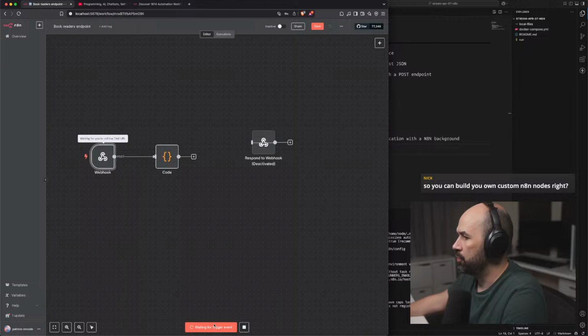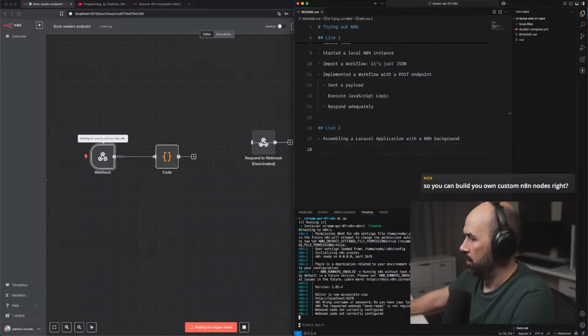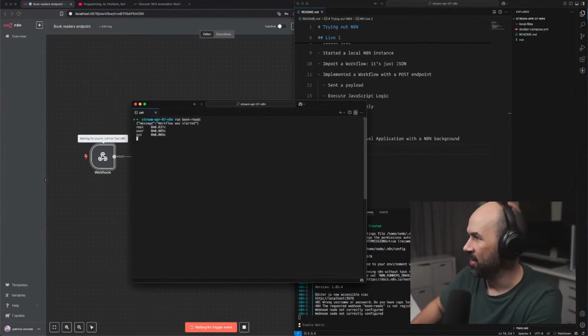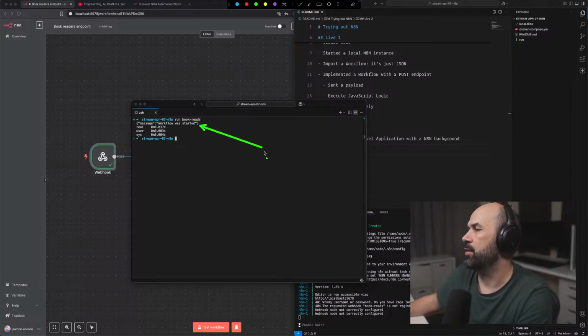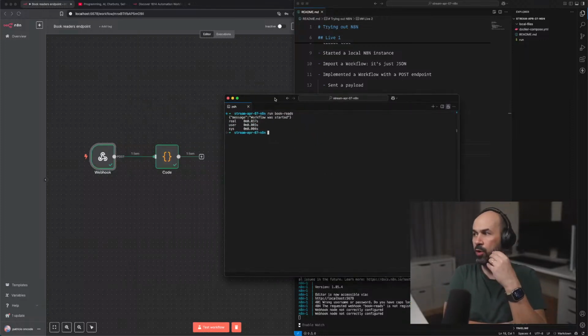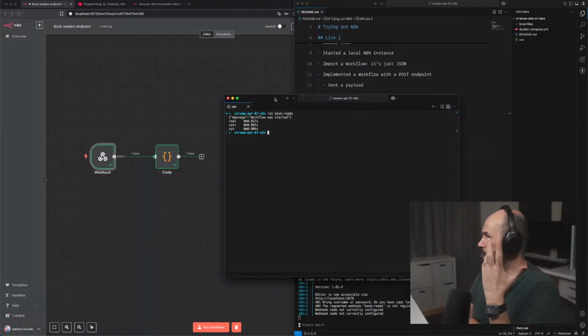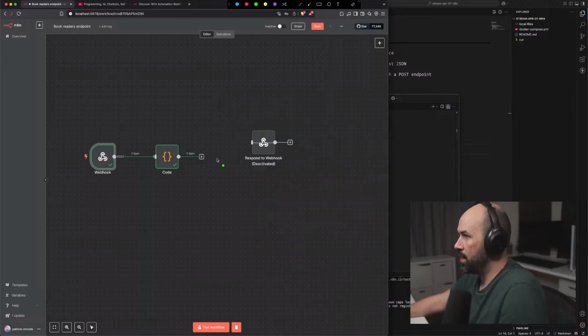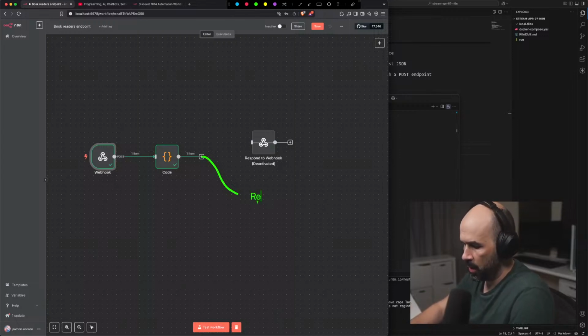This is a skill issue for sure. Yeah, reading the documentation, of course. So, workflow has started. So we don't get an ID. We're not polling anything. What we know is the thing has started. So we should now reply to Laravel, right? Or respond or finalize. We should finalize by posting back to a Laravel endpoint.